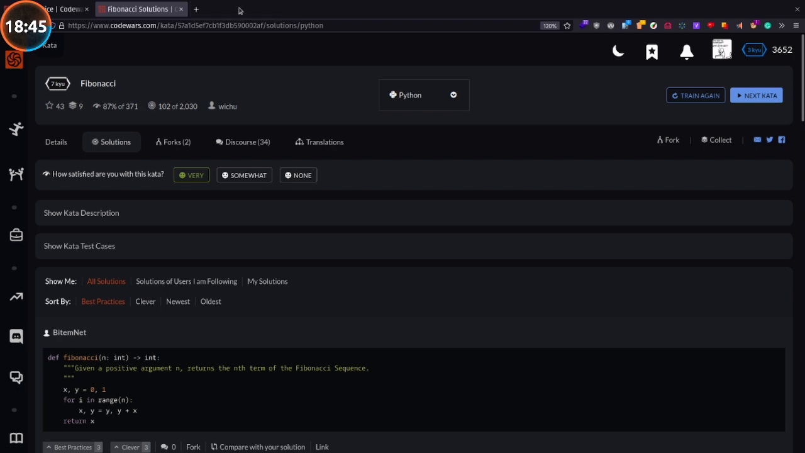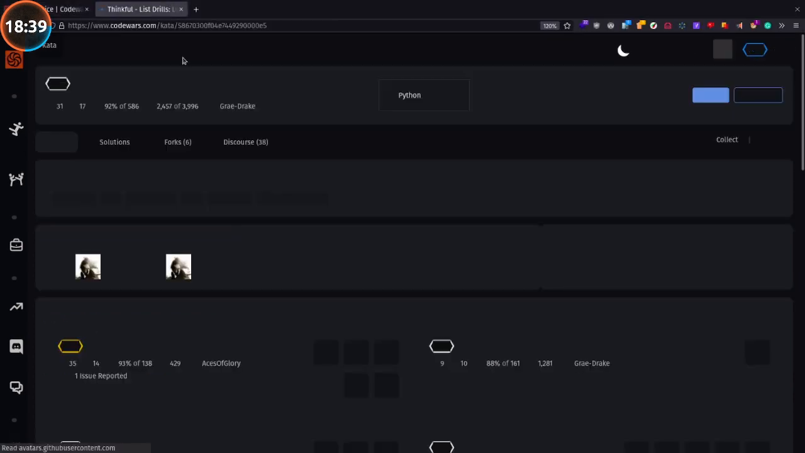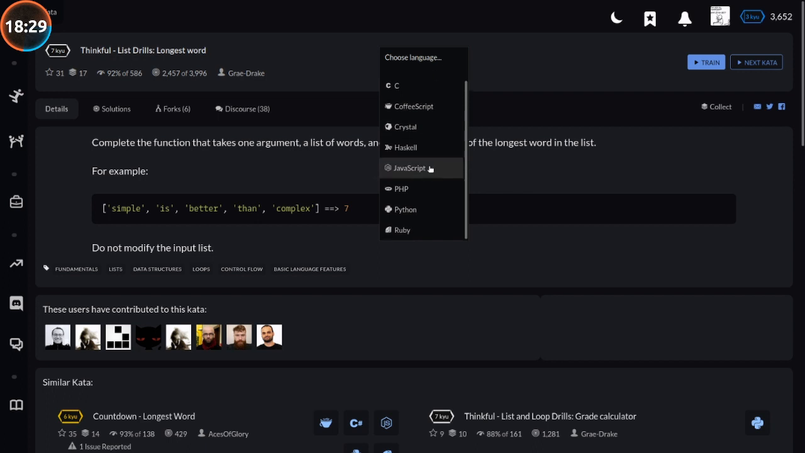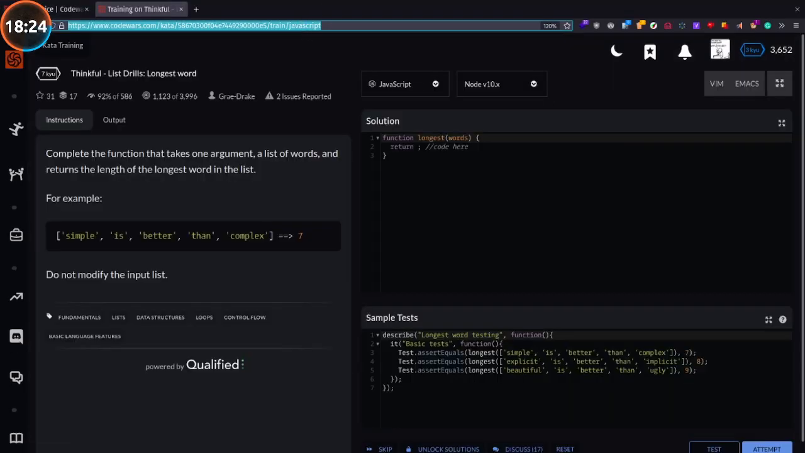Okay, let me try and find the next one. Thinkful list drills longest word. Takes one argument, a list of words, and returns the length of the longest word in the list. Okay, this one sounds good. We get back to JavaScript. That is great. Okay, I drop this. I want to follow